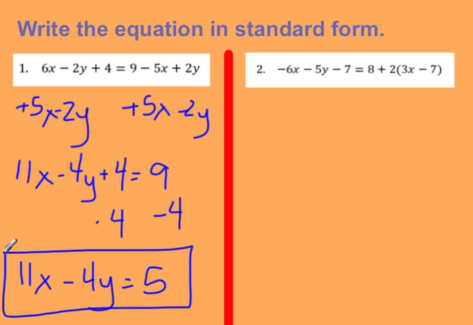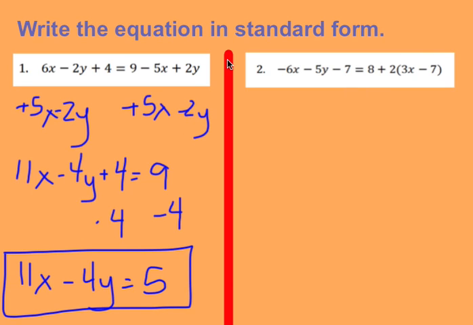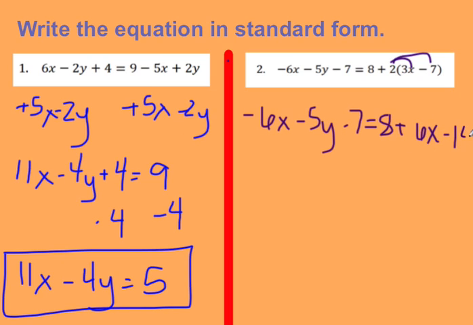Now let's take a look at number 2. Before you can simplify number 2, you're going to need to distribute. So I'm going to take that 2 and distribute it in. So I have negative 6x minus 5y minus 7, that all stays the same, is equal to x plus 2 times 3, which is 6x, 2 times a negative 7, which is a negative 14. Now what I want to do first is combine these two like terms on this